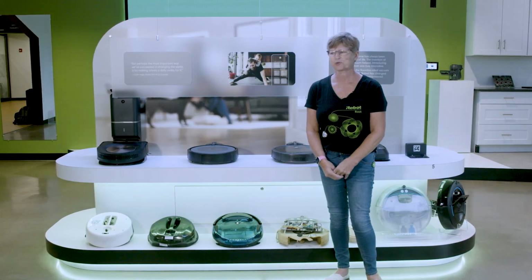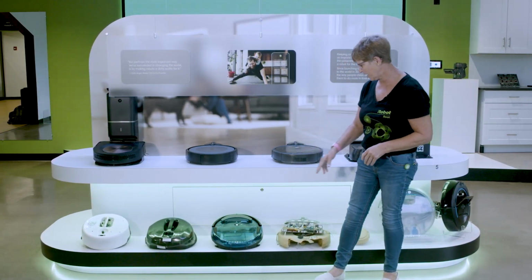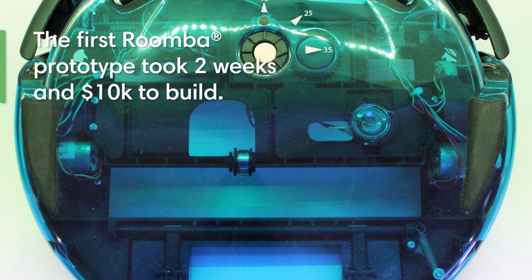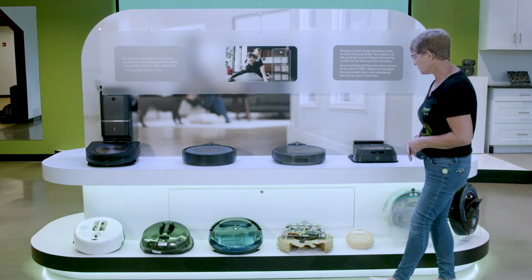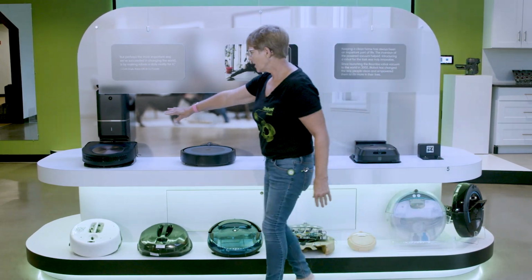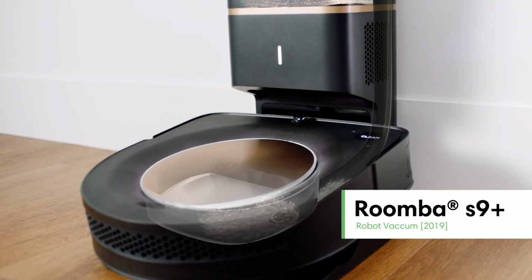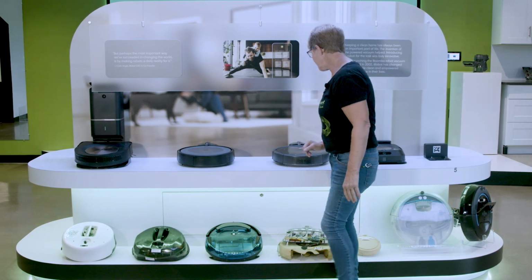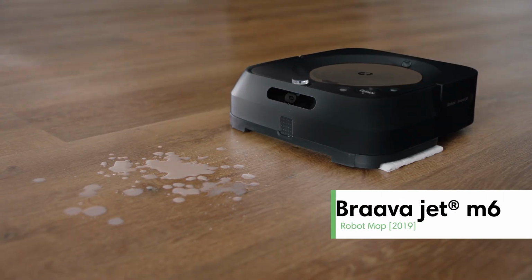Once again, those customers were loud and clear about what they wanted, so we brought it back, re-engineered the prototype, put the vacuum in, and that's when we began to get what we call today Roomba. So you can see there are many models of Roomba out on the market today. They vary from some that have their own dock that you can actually get the dirt to go up into and not have to empty the bin. Some you empty the bin, and we've even built a mop called the M6,